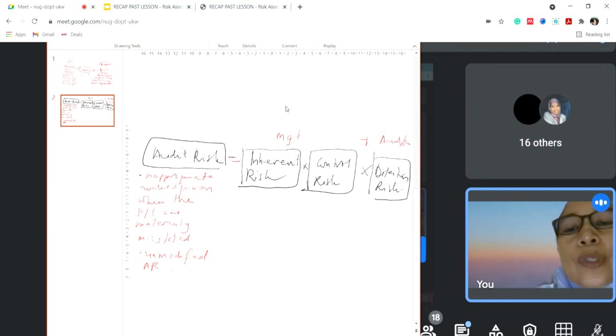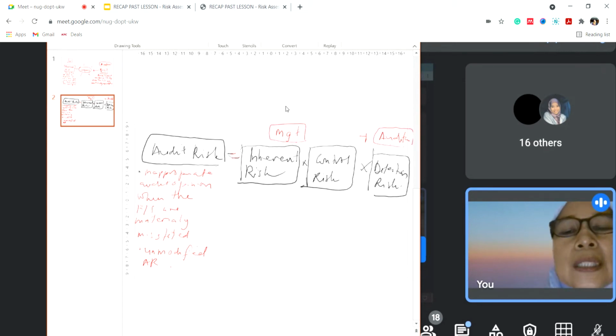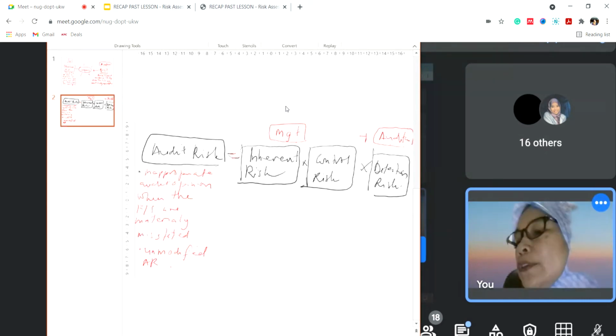Okay, faktor yang menyumbang, so what are the contributions to the audit risk? So it might come from the management and it comes from the auditor. Okay. How I said that? So you have to know that when